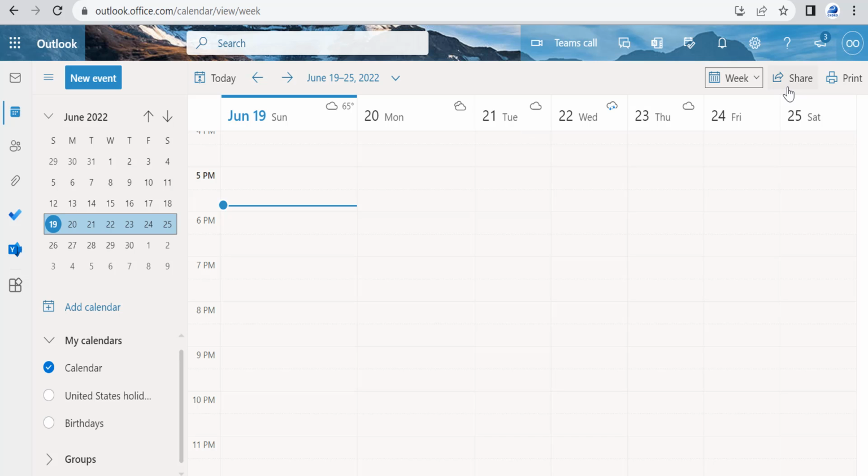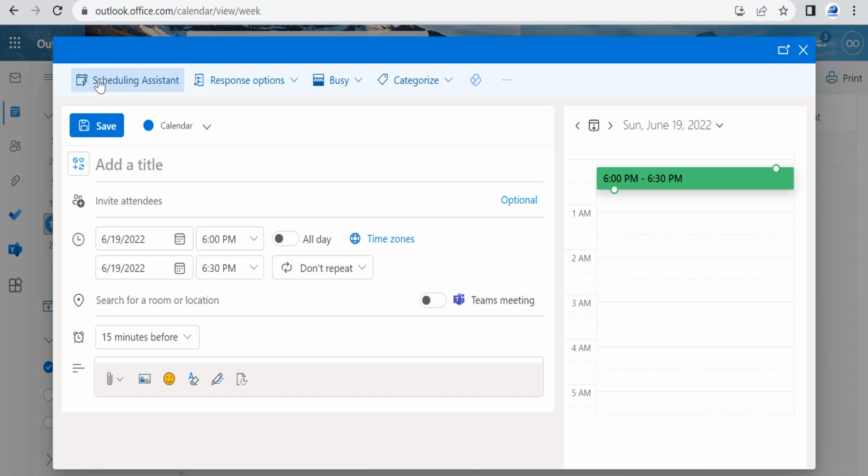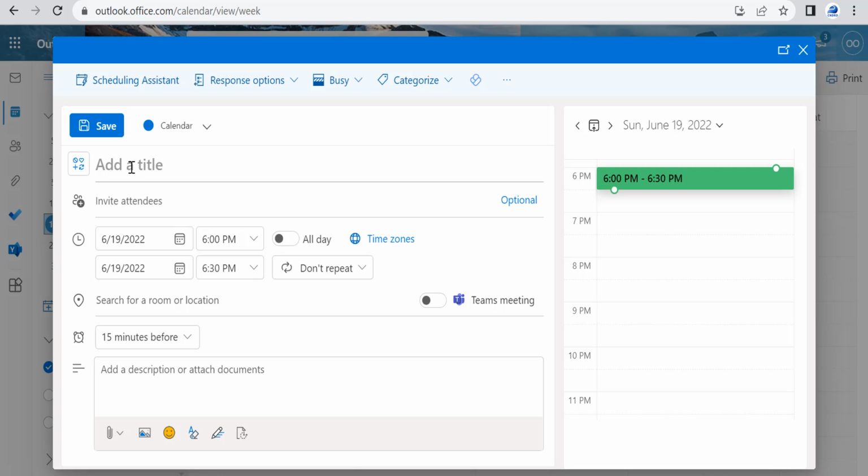So now we can also create an event. Let's click on new event. If you want to create an event in Office 365 calendar, you come to this side, click on new events. So now you can add as many details as you want. You can add the title, you can invite attendees, and then go ahead to set the start and end times. You can also change the time zones,